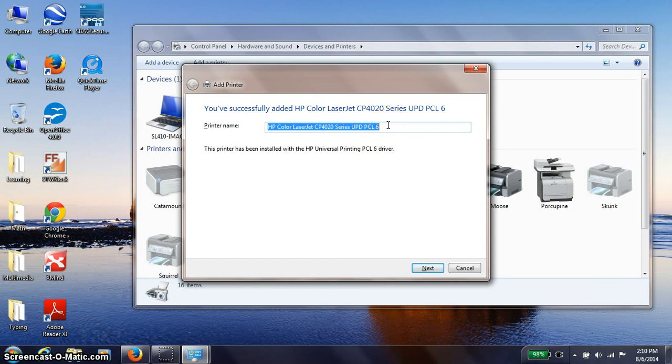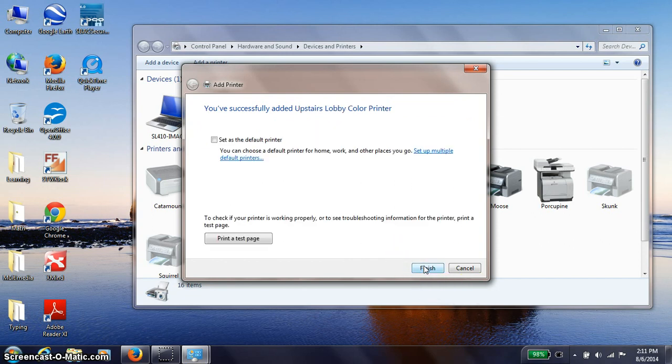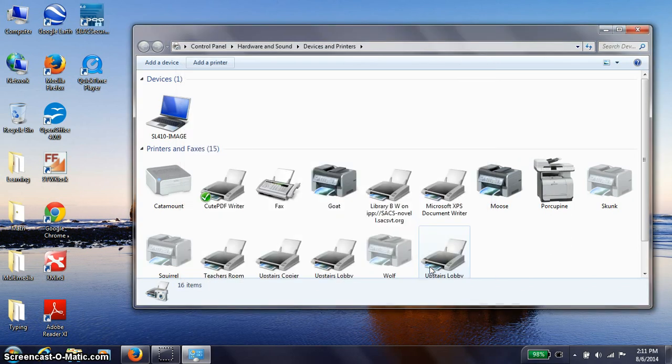I would suggest replacing this rather generic name with something like Upstairs Lobby Color Printer. Then you hit Next. If you want this to be your default printer, you could check this button. If you want to confirm that it works, you could print a test page, but that means you'd have to go get it. Click Finish, and now